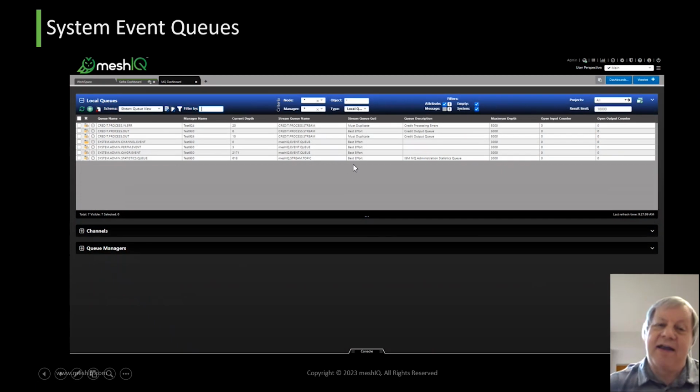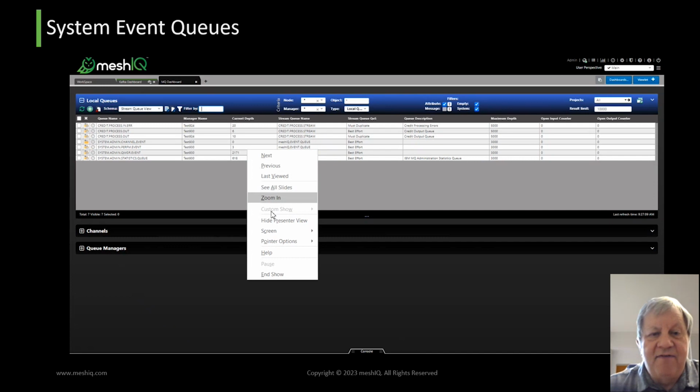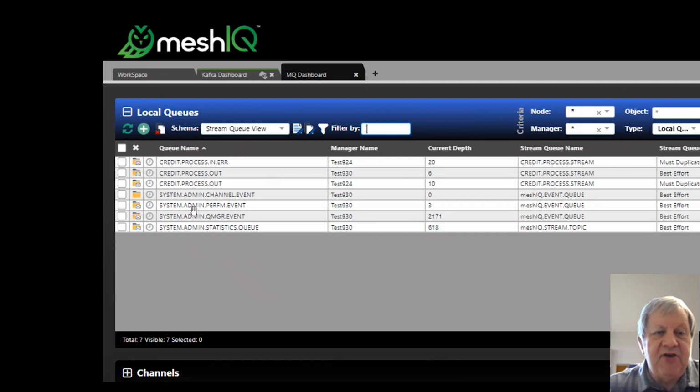And then since I brought it up, I thought it's a good time to introduce the concept of the system queues that you can alias. So it turns out that all of the event queues are aliasable or are configurable with stream queues.